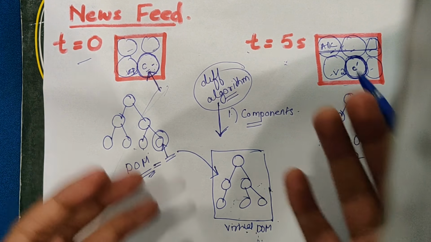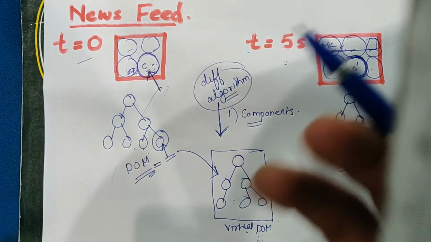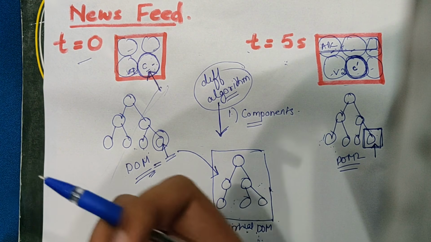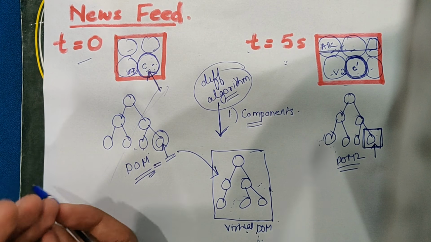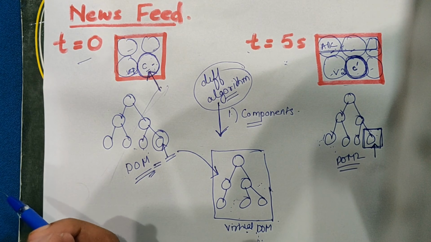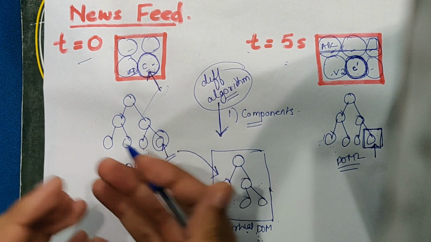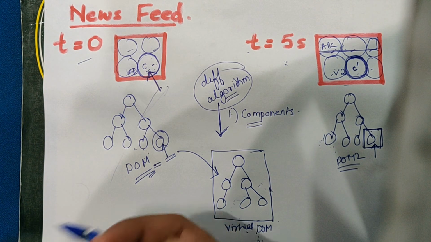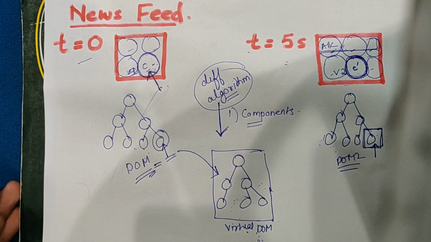So remember that the virtual DOM and the old DOM are compared at every change of state, and the differences are calculated. Only the differences get updated onto the actual DOM. This way the whole DOM need not be destroyed. This update is done through the diff algorithm. The differences are calculated and a React batch runs to update the actual DOM. So this is the thing which React does,